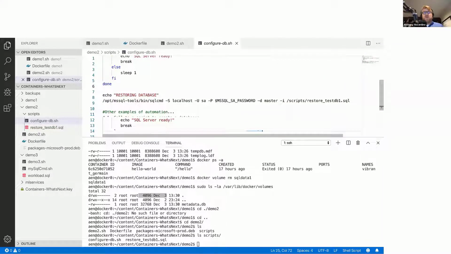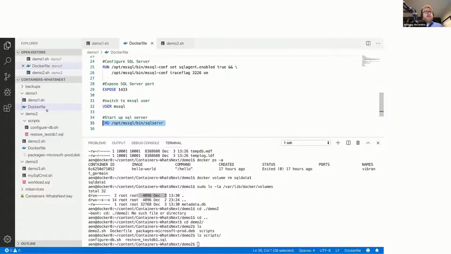Now, this is a pretty simple case where I'm just executing a simple database restore, but I could have it create databases, run bulk copies. I could do pretty much anything I'd want at this point in time. I could call init scripts to populate data, or if I have a collection of T-SQL scripts in a folder, I could iterate over those, or have more complex restores in a single file. Or if you love DBA tools like I do, you could have PowerShell and DBA tools in the container image, then run something like restore DBA database to blow back or restore a collection of databases. And so that's what that script does.